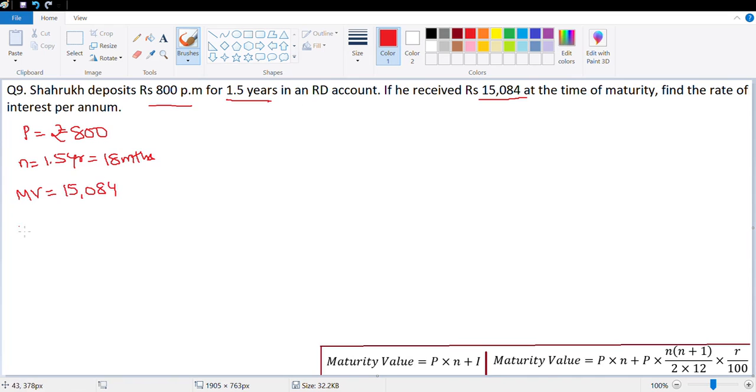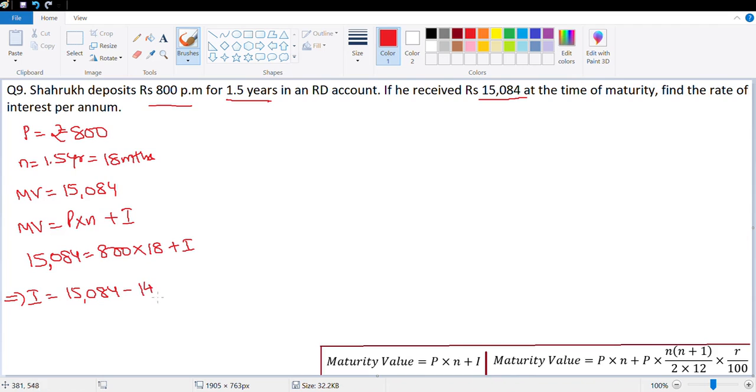So we know maturity value is equal to P into N plus I. So maturity value is 15084 is equal to P, which is 800 into 18 plus I, which means I would be equal to 15084 minus 18 into 8, that's 80, and 64, that's 144. Yes, 144 with 00. So 14,400. Therefore, I would be equal to rupees